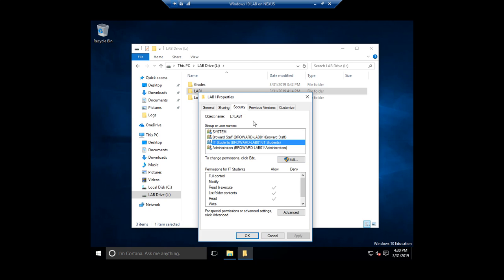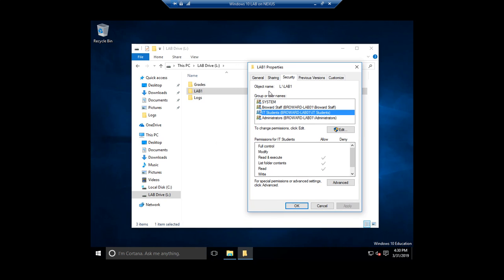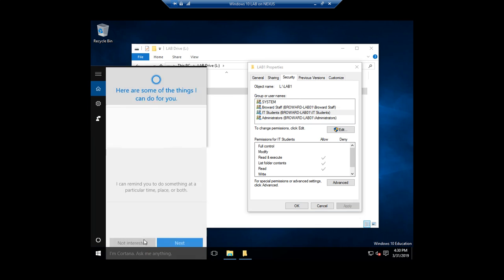The A+ just basically wants you to have an understanding of what security groups are, what users are, and even go into just basically read, write, list. What list does is it lists everything here. Like when you do dir on the command prompt and it gives you the list. If I don't have this checked, I won't list anything. I can still write, like if I go to a command prompt,